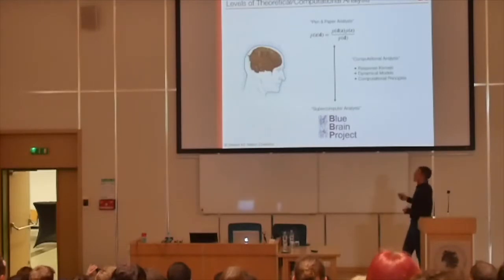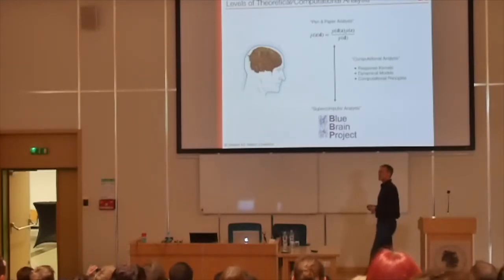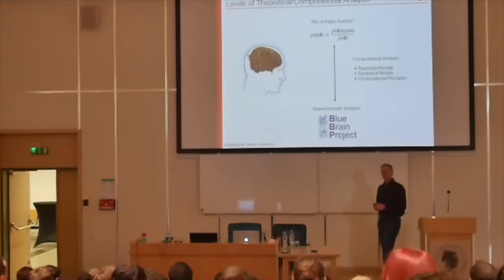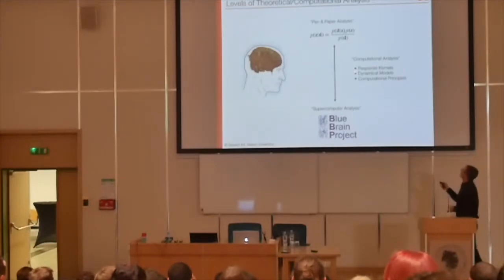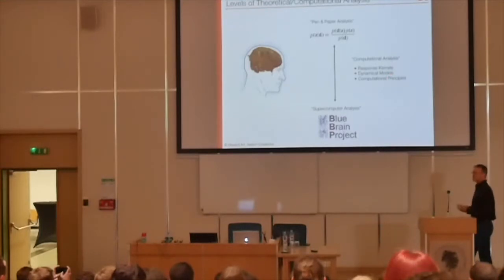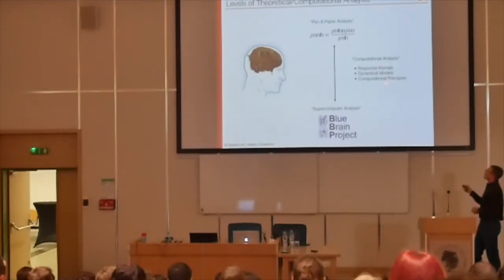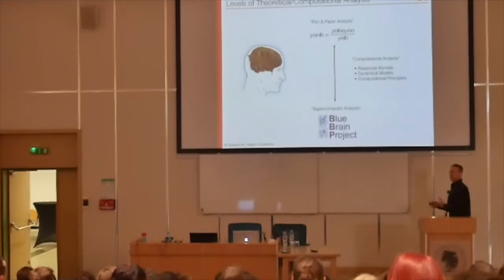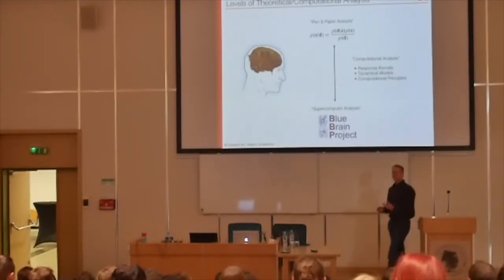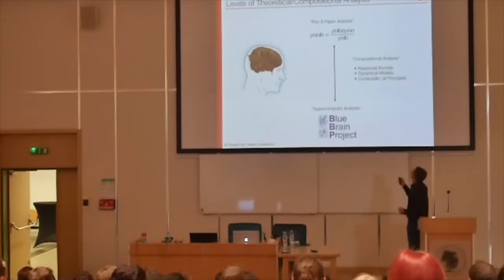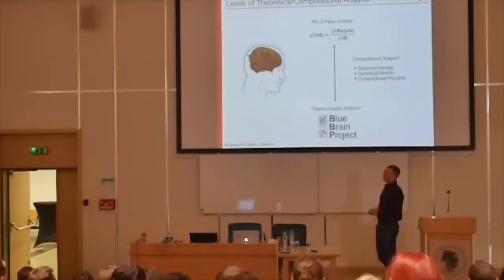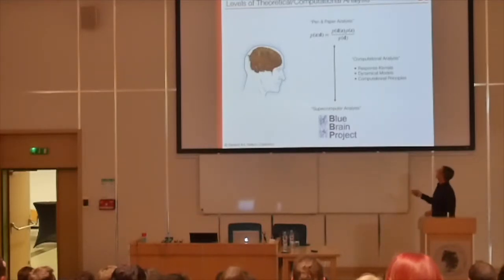Now, there's also this middle ground that I would call the computation analysis, and that's in fact mostly the realm where we are working, which is using computational methods to estimate certain things in a more detailed way than is possible with simpler methods. For example, you can estimate multidimensional response kernels that try to characterize what a neuron is doing. You can have dynamical models that describe how a certain system or subsystem functions and processes the data. And these dynamical models are then often linked to principles that they embody. In the second part of the talk, I will show you one of those.